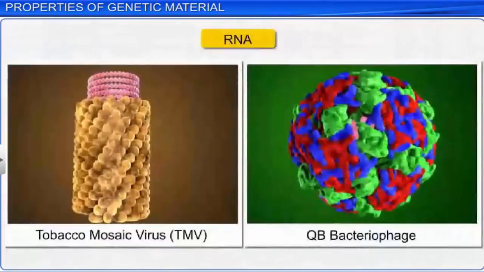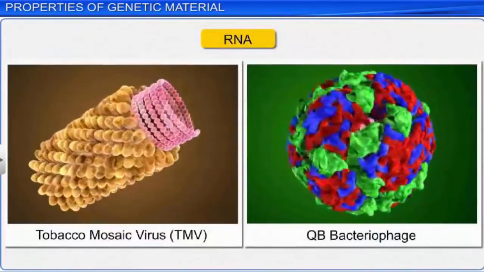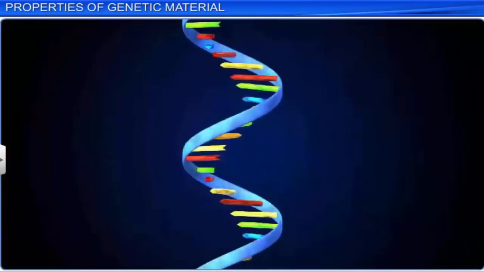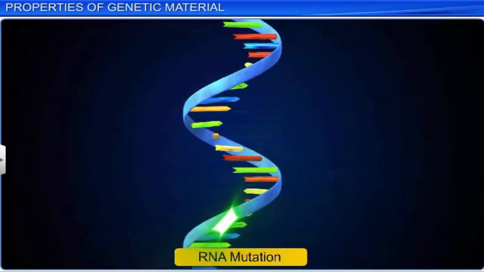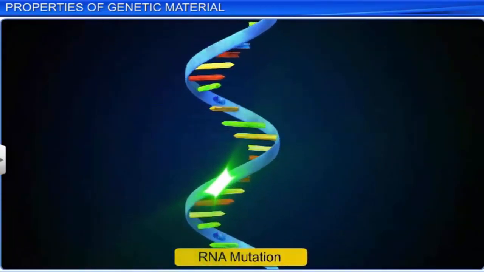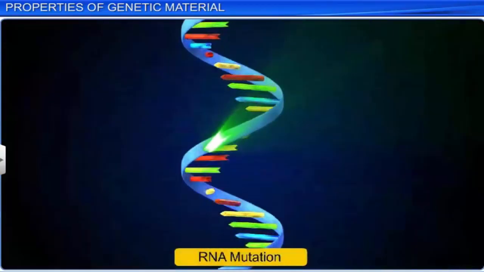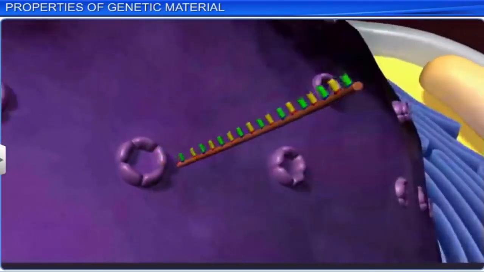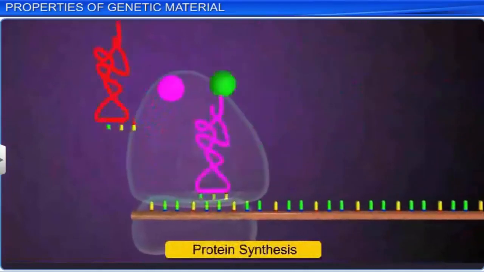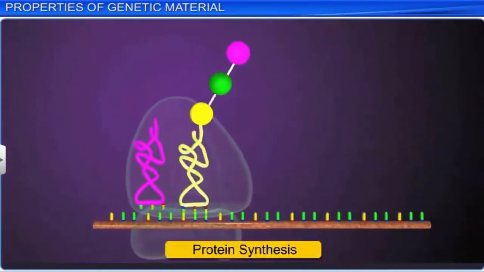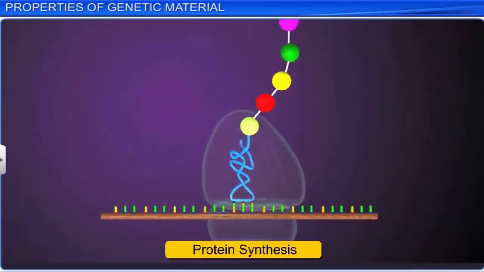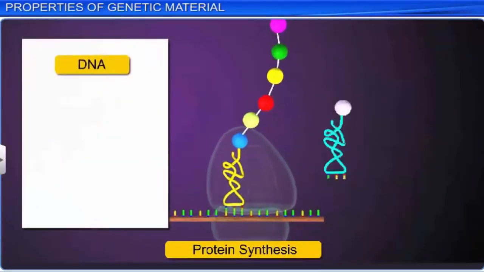However, viruses with RNA genome evolve faster by mutation due to the ability of RNA to mutate quickly on account of its relative instability. Nonetheless, RNA can directly code for protein synthesis and thereby easily express the characters. In this regard, DNA is dependent on RNA,